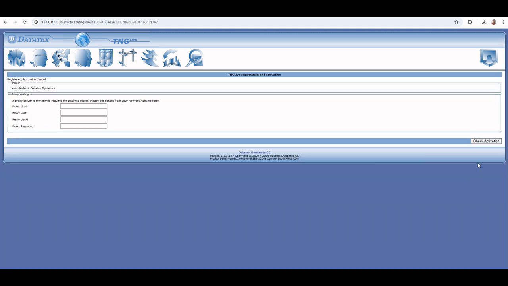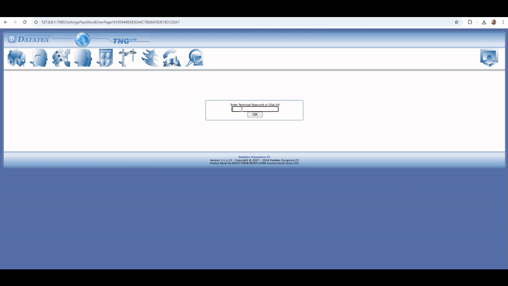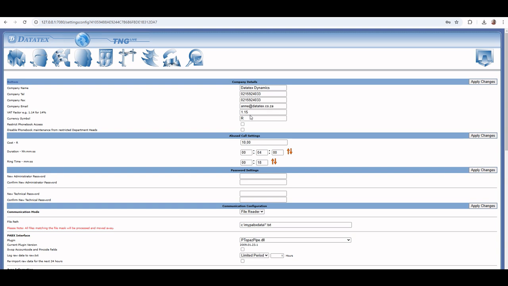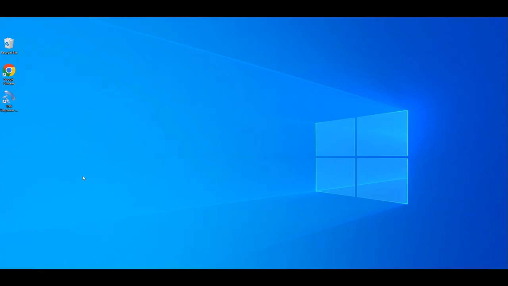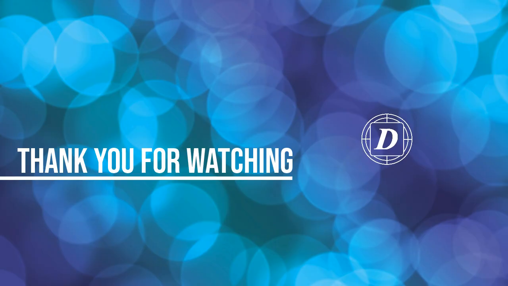You can click on Check Activation. Once it has been activated, it will say Permanently Activated. You will see that if you go to the home page now, all the lock icons will be gone. If you head to General Settings, fill in the password and go to this setting, you can set it to permanent so that it is now constantly saving the data. TNG does create a shortcut on your desktop. That's it for the installation and